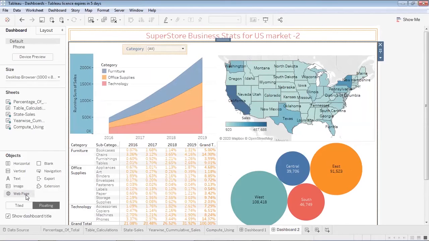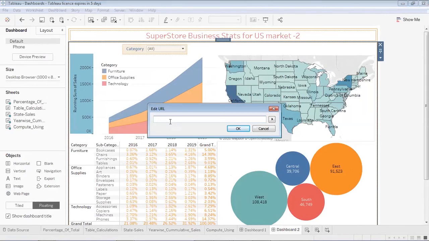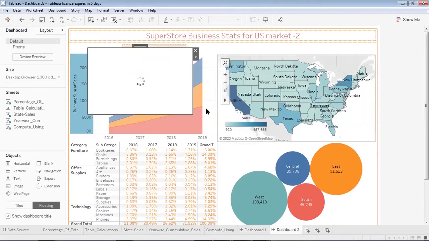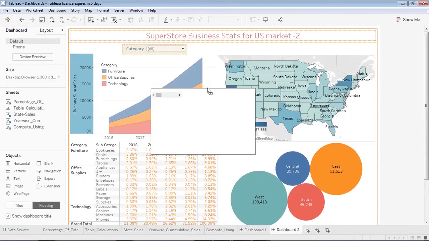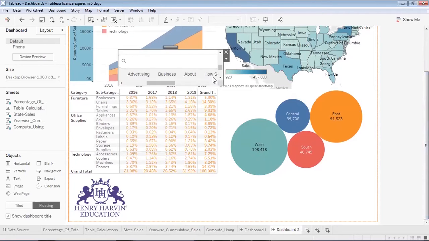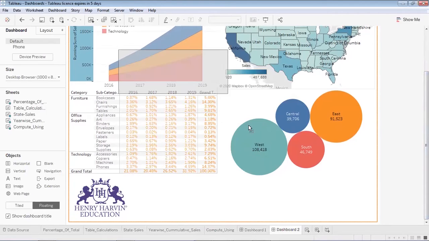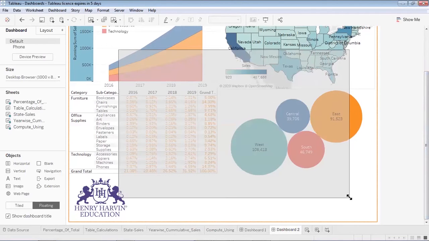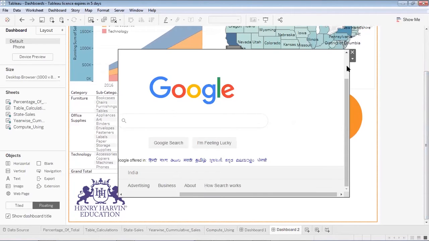So I'll double click on the web page. I'll give it as something like www.google.com. When I do so, you will be able to see the Google's homepage over here in this object, and I'll place this object at the bottom. It has appeared. Since I have reduced the size, you cannot see. I'll increase it a bit so that you can see the Google's homepage. So this is how the Google's homepage looks like, right?